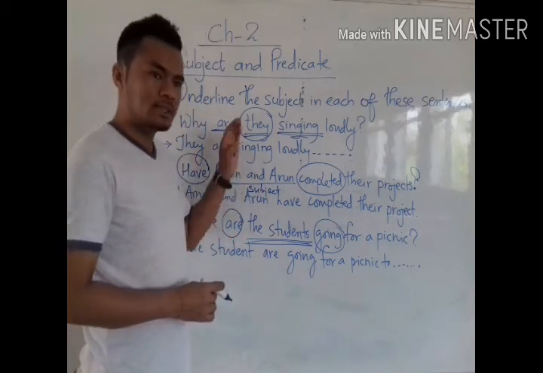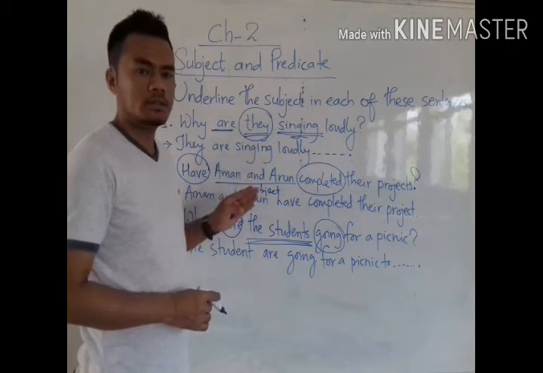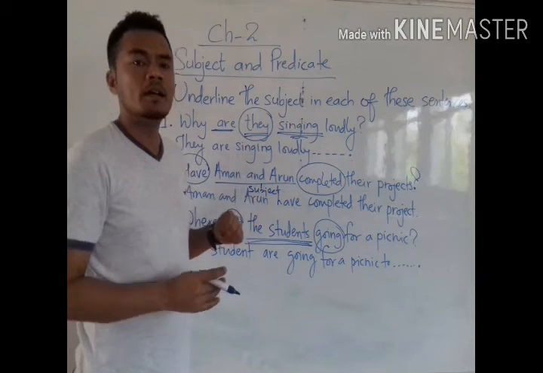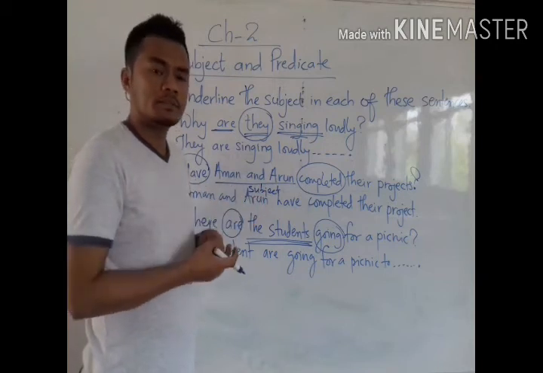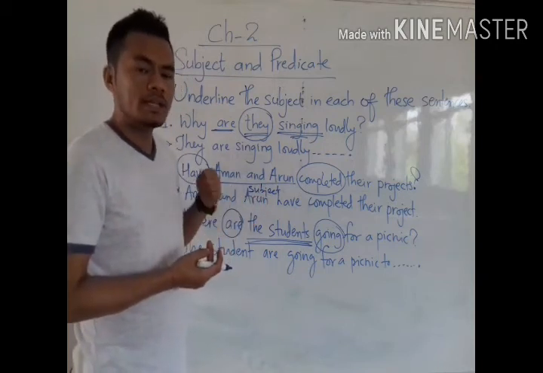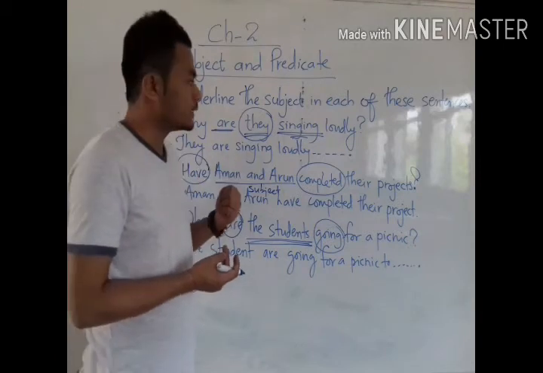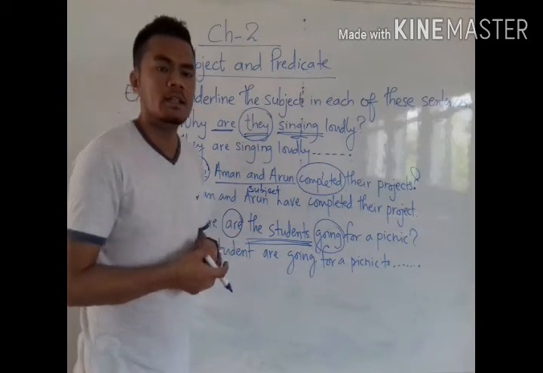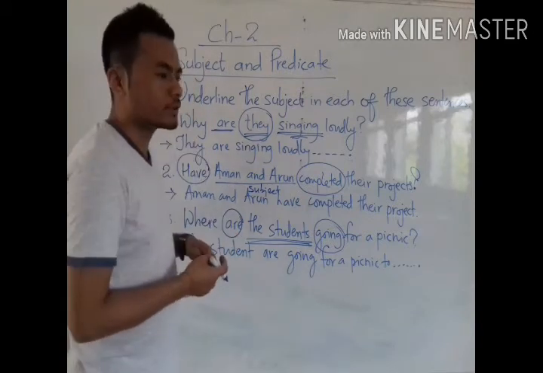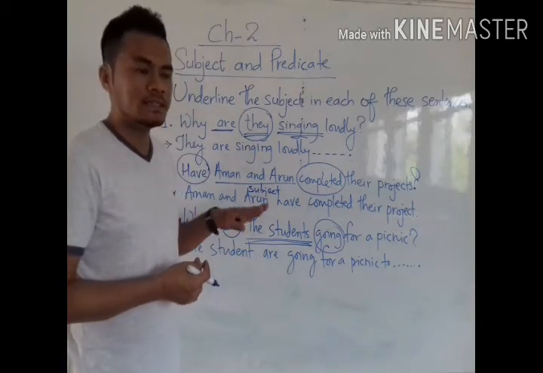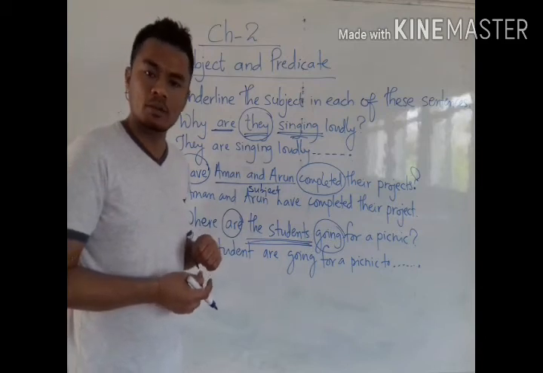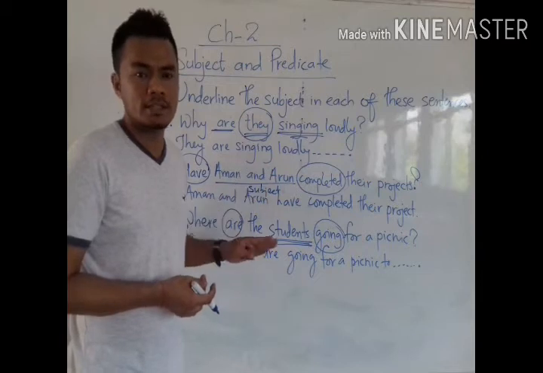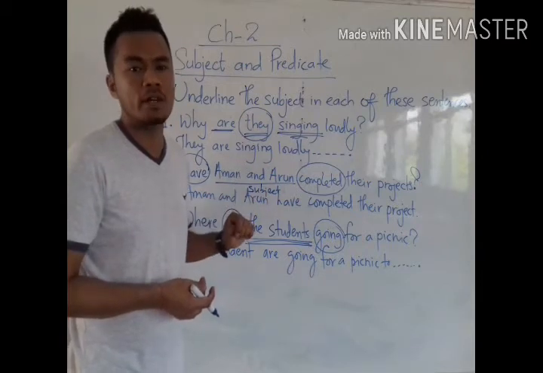Otherwise, if you find this way difficult to identify subjects in WH questions and verbal questions, we can take another option. How? By changing it into assertive sentence. Okay, by changing both verbal and WH questions into assertive sentences, here also we are able to find out subject